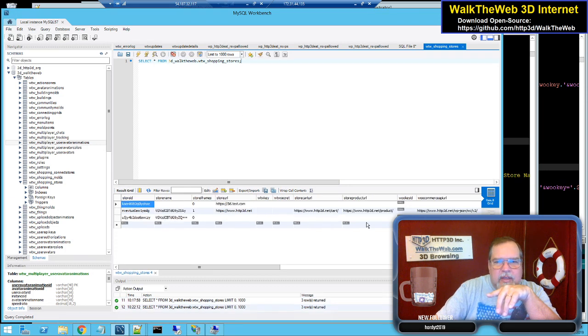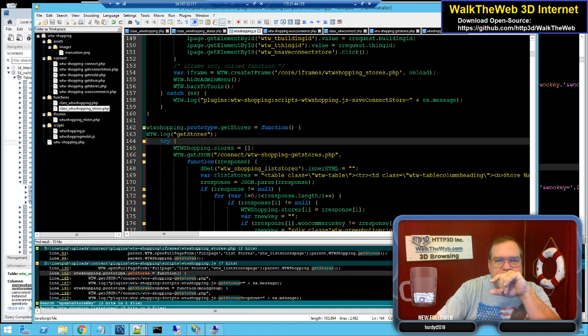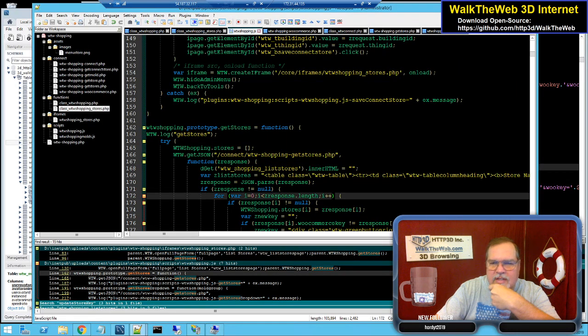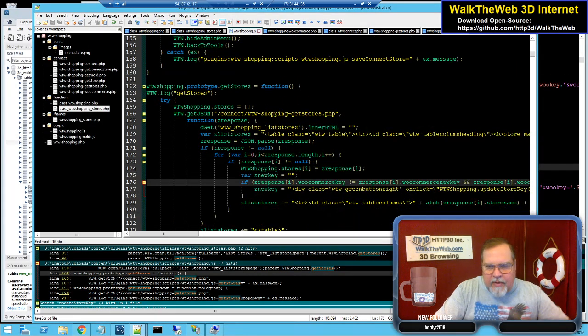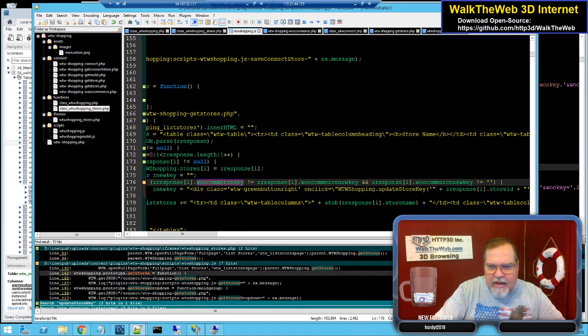If WooCommerce key new is blank, we shouldn't have seen that information. It's part of this get stores. This part right here, if that is not equal to that and this key is not blank,